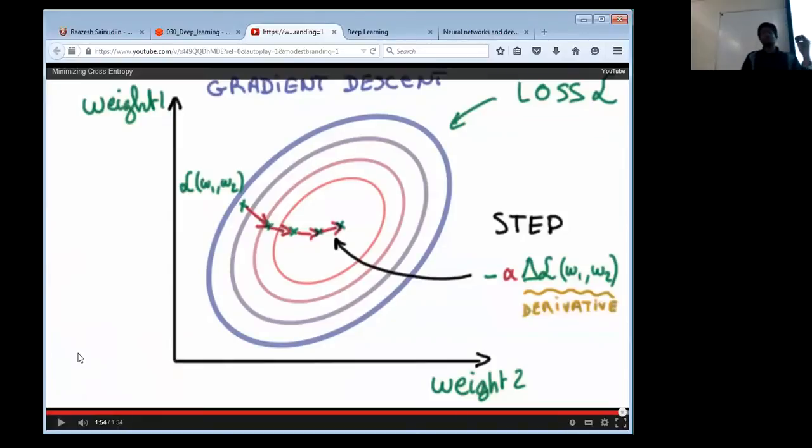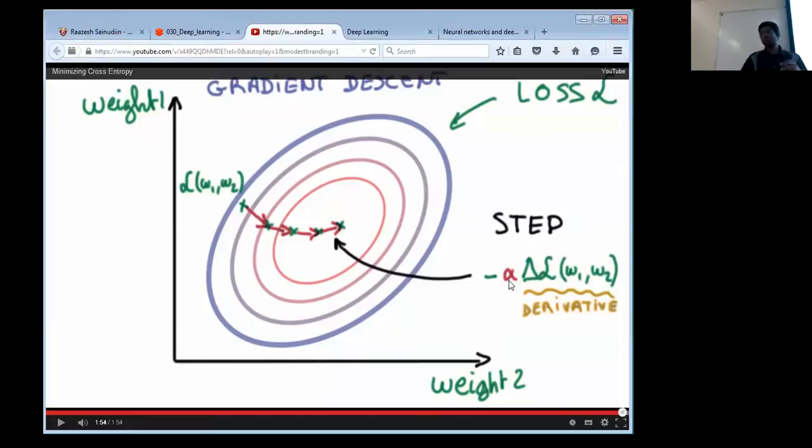So you take the derivative of the loss function, which will tell you the direction in which you need to take the next step, okay? Because you want to get to the bottom of your function, right? So you know the function you want to optimize, and the derivative will tell you the direction in which you need to take the step. And this alpha is called the step size. It will tell you how big a step you need to take so that you get to the bottom,